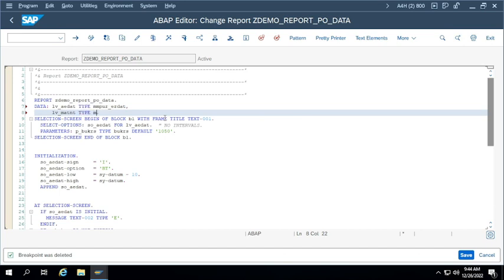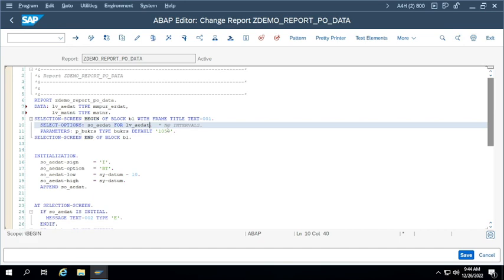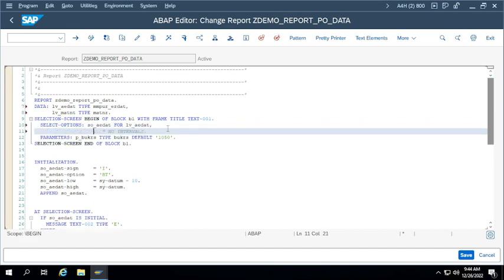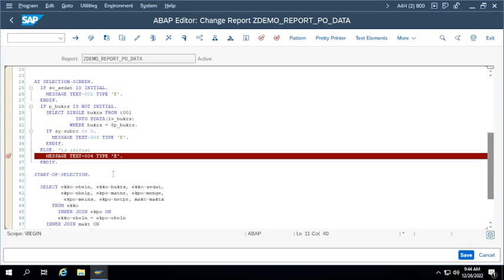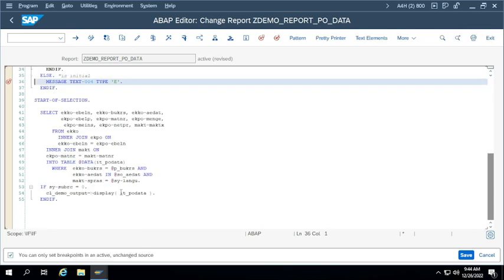Define one more select option, SO_MATNR, for which one? LV_MATNR. Now use this select option in your select statement,